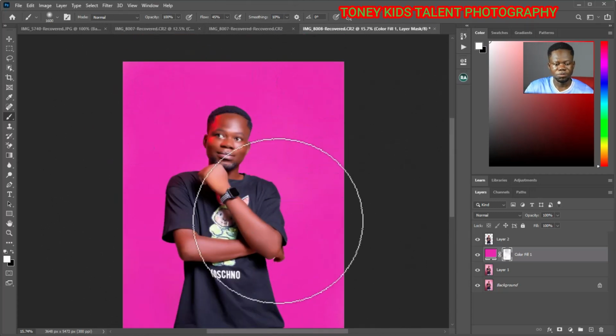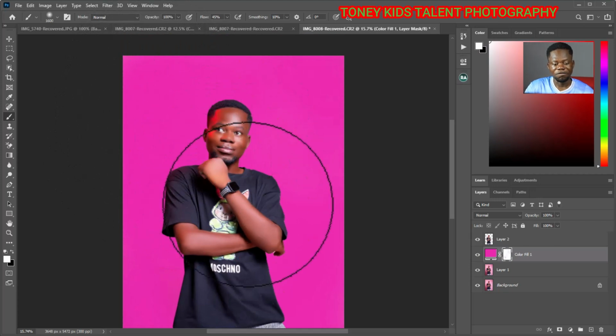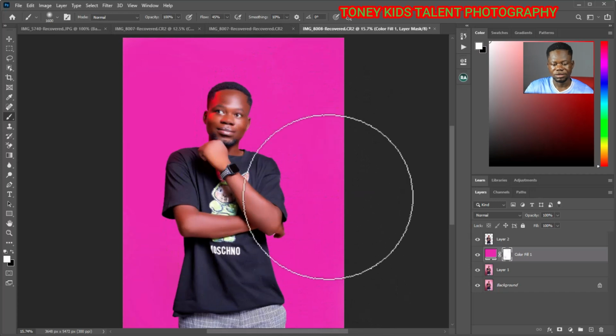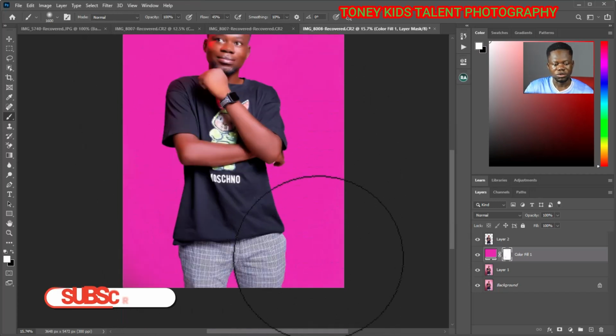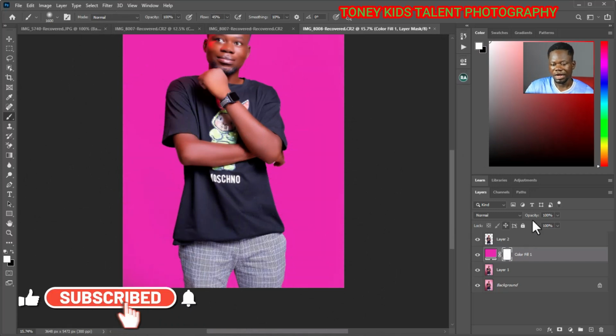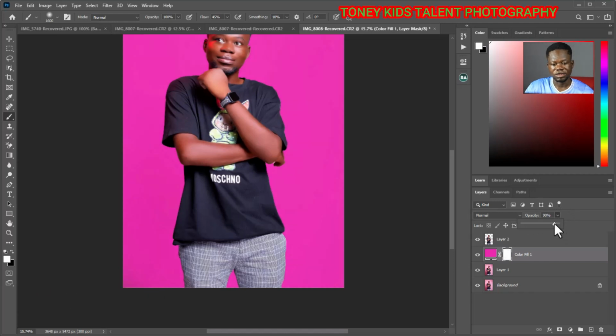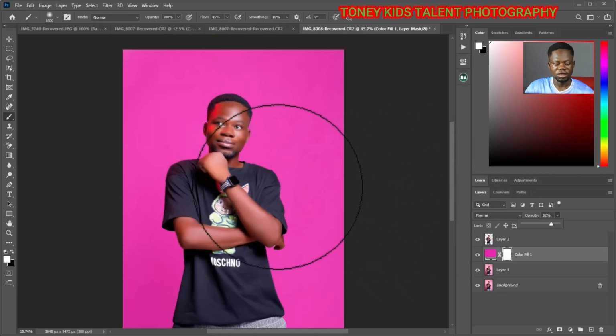So this coloring only affects the layer 1. Okay, so I'll maintain this. I can decide to decrease the opacity to at least 80 or 90. So I think 80 will be okay. So this is